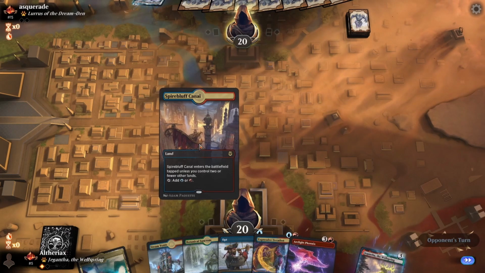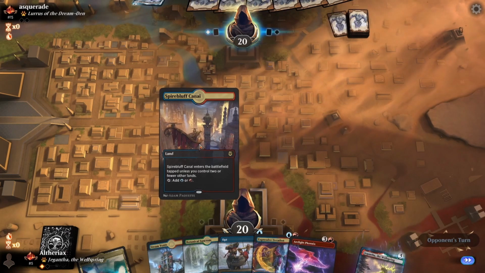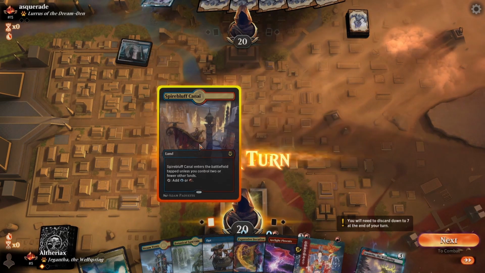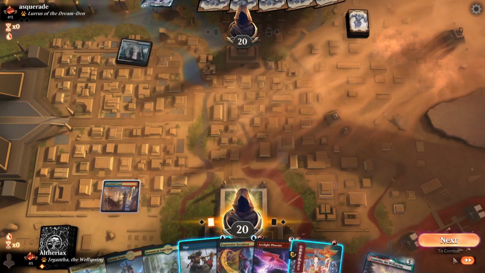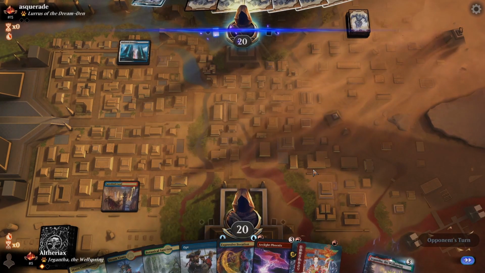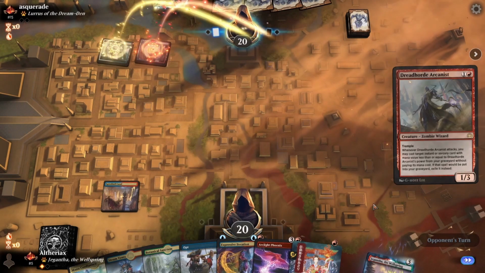We don't have any interaction, which is the most important thing in this matchup, but we do have Opt to try and find it, and we do have iteration here as well. Okay, no creature on turn 1 is ideal. That's perfect. So I think I'm just going to pass here. And there, I mean, there is some consideration to...